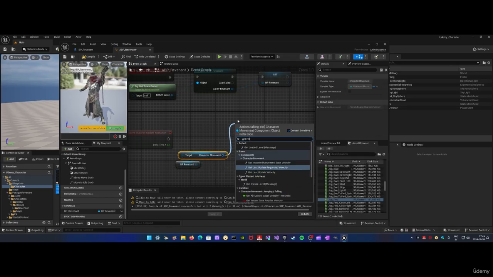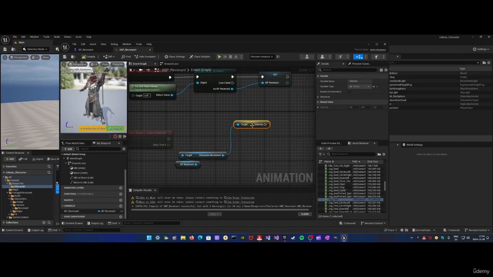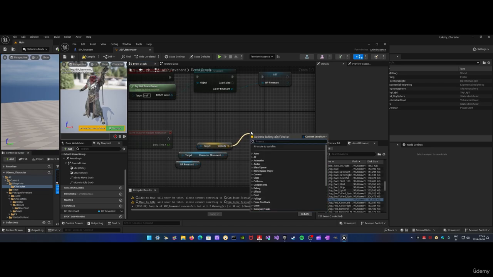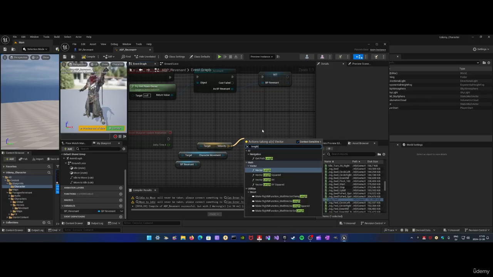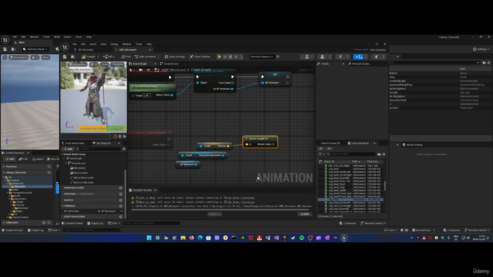Let's see if I can get velocity. We have something called get velocity. And as I mentioned, you need to get the length of it. So if you type length, I'm gonna get the XY length, because we don't want the length in the Z axis, because that's for jumping. So I'm gonna only get the XY length. That is when the character is on the floor. And if you look at the picture here, you can see that the Z is the up axis. X and Y is on the floor. So getting the X and Y,